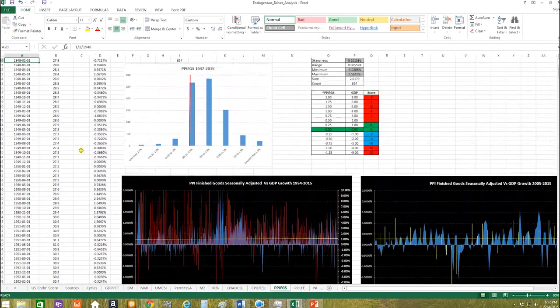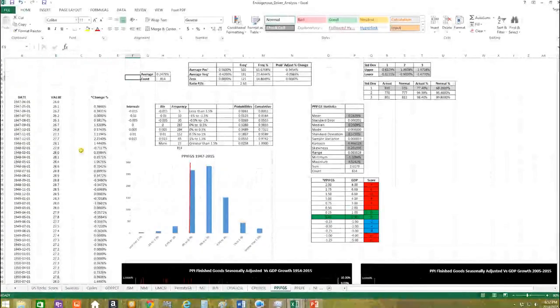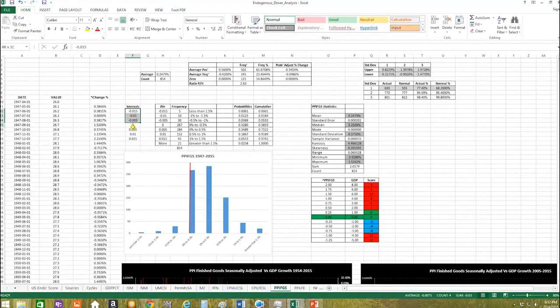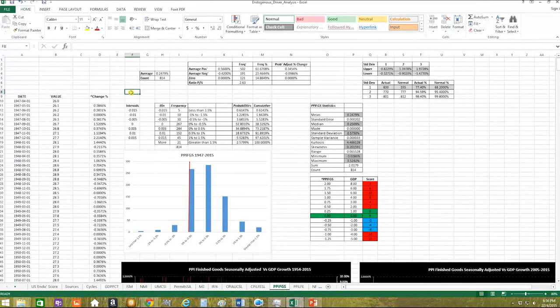And when we analyze our data set here, what do we have? Well, we have our intervals again, and we're using the same intervals as the CPI. So either side of 0, we're going up in increments of 0.5% up to 1.5%, and in the negatives, we're going down in increments of 0.5% down to minus 1.5%. So as you can see, it's a very similar analysis to CPI. We then crunch the numbers.